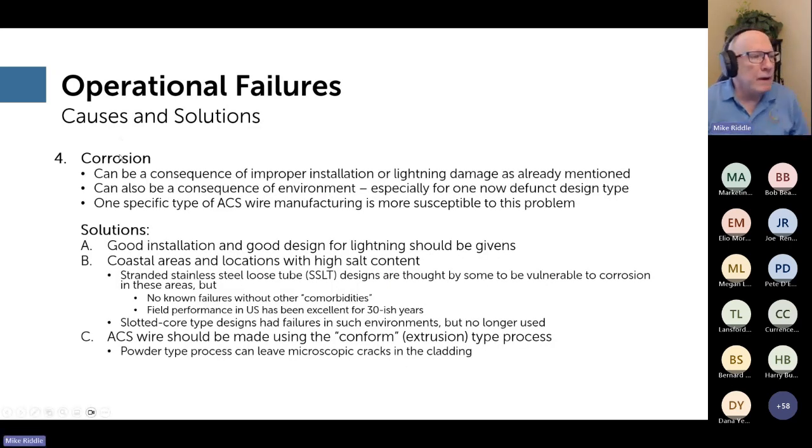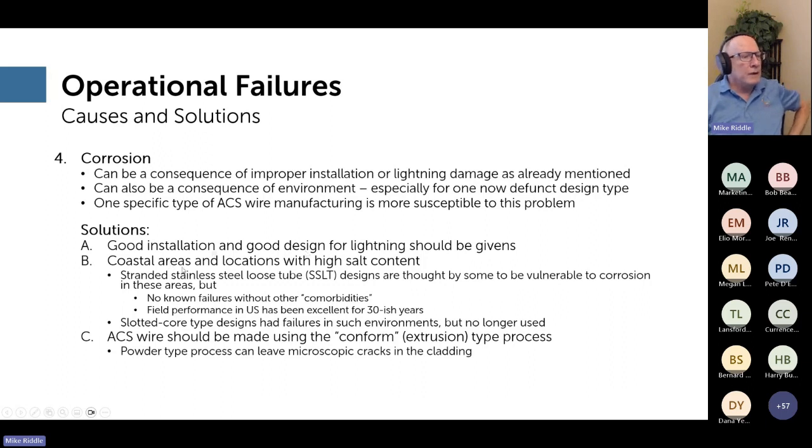Next up, corrosion. We talked about, during stringing or lightning damage, could be a consequence of the environment. There was one particular design type that's not used that had a lot of problems with corrosion in the field. And there's one type of ACS wire manufacturing that is more susceptible to this problem. So we're back to good installation and good design. Good installation practices and good design for lightning are necessary in